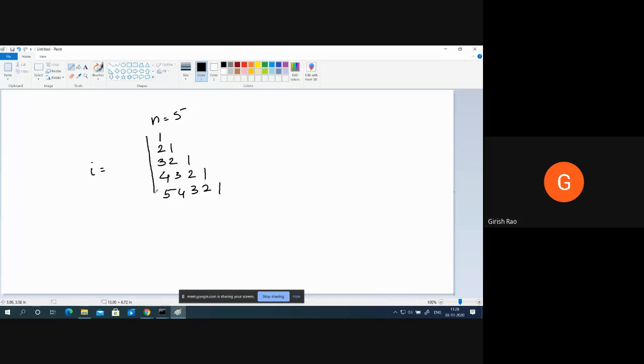I should be running how many times? 5 times. So when the value of I is 1, how many times should j be executed? 1. When I is 2, how many times should it be executed? 2. 3, 3. 4, 4. 5, 5. Now the tricky part is how this could be generated.